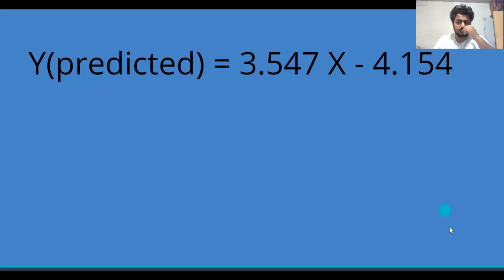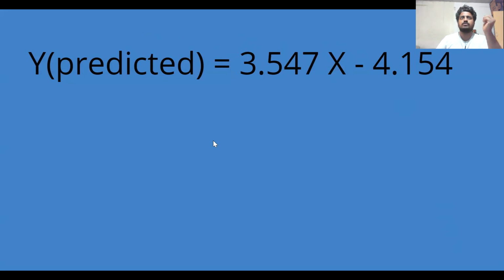Now the interpretation of this is the coefficient of x, which is your beta 1, is 3.547. As you know, the slope is measured as a difference of y with respect to x, which means that for every individual unit that you add to x, the y predicted will be changing at a rate of 3.547. So if you add 1 unit, the y predicted will increase because it's positive. So the y predicted will increase by 3.547. If you add 2 to x, the y predicted will increase by 3.547 into 2. So that is the interpretation of the slope of the graph.